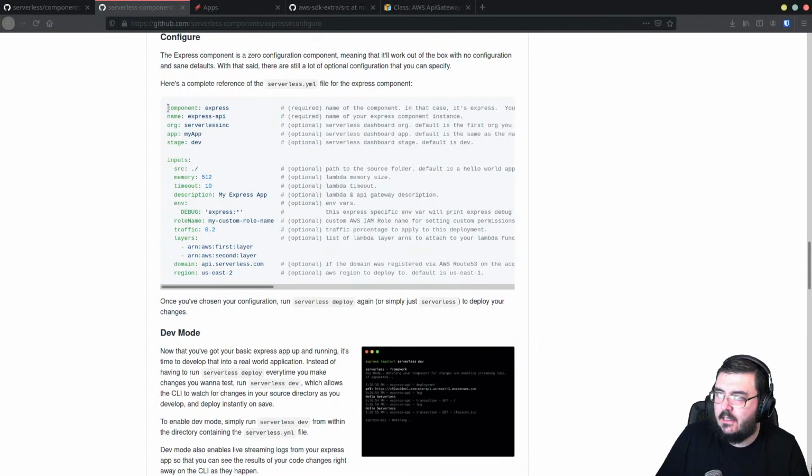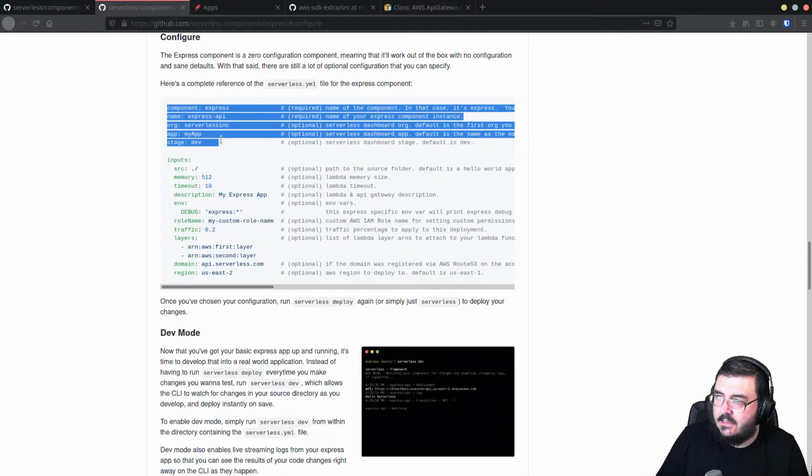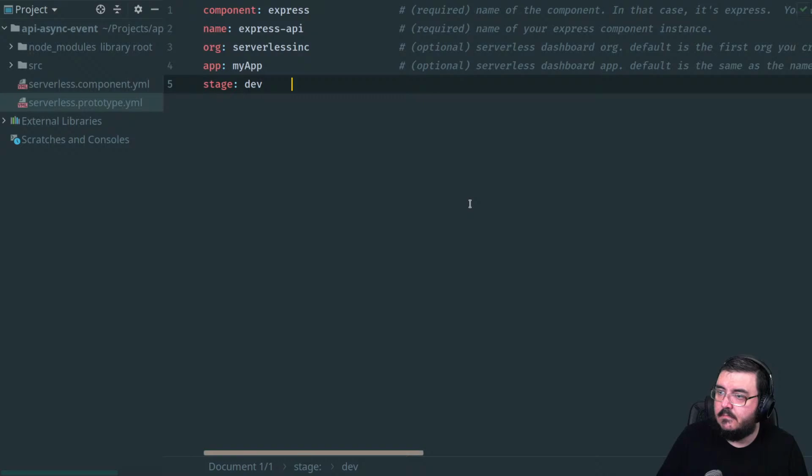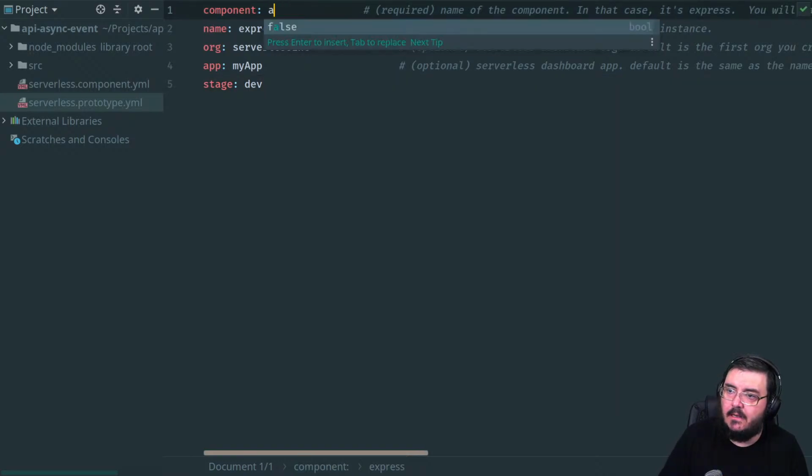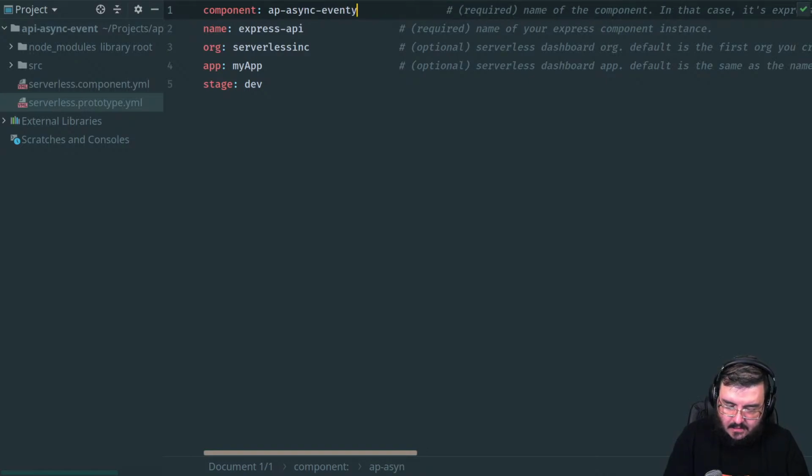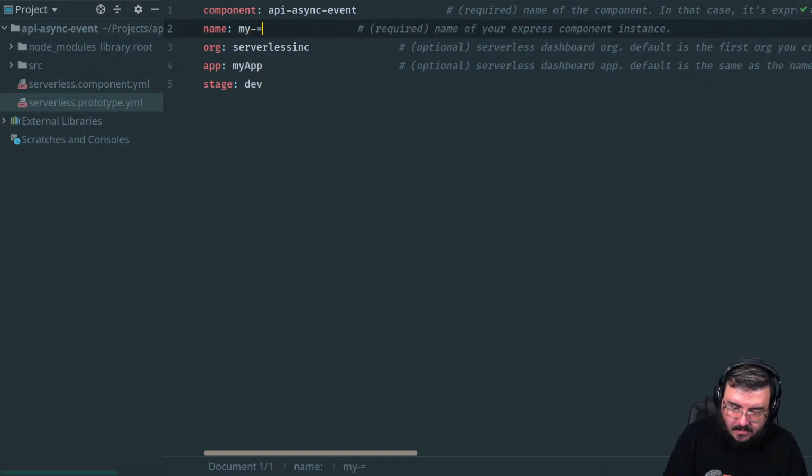If I take a look at this, I can see I'm going to need that at least. And this component's not going to be called Express, obviously. It's probably going to be called my long-winded API async event. Name is going to be my REST API or whatever you want to call it.